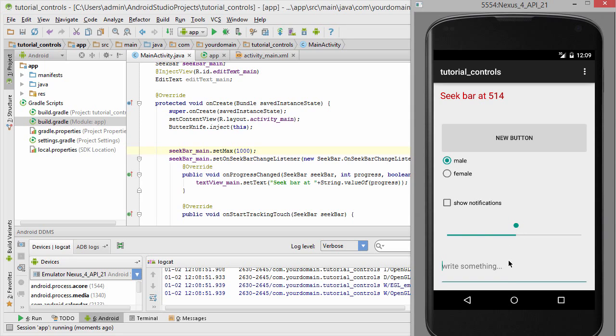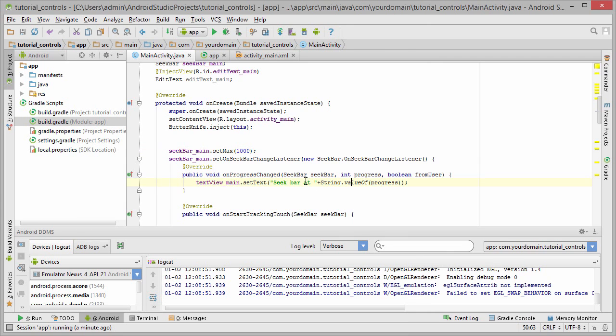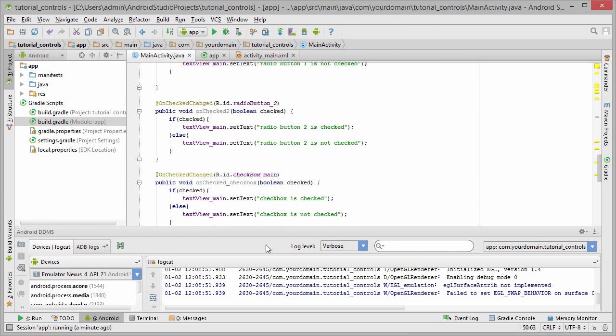Okay, last control, we have an edit text, and when I click it, the keyboard should pop out, but it doesn't. I don't know why. Probably on the phone it's different. Anyway, so